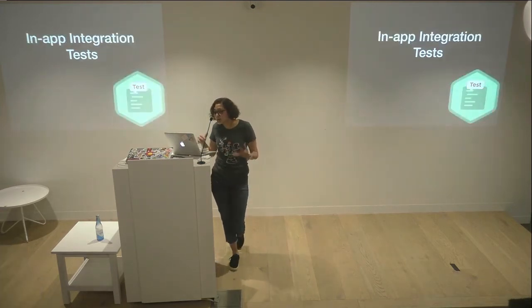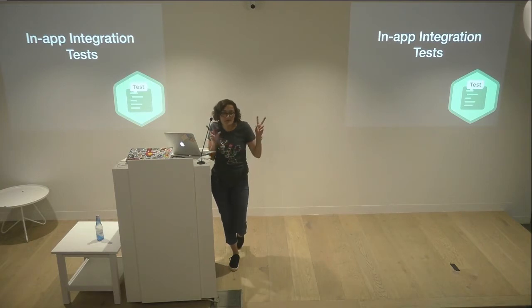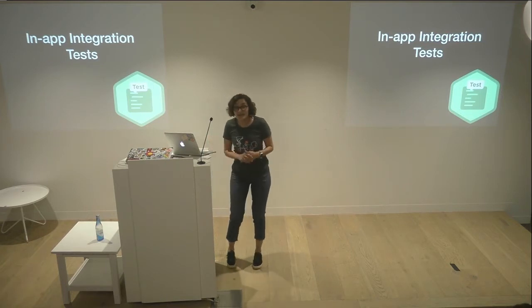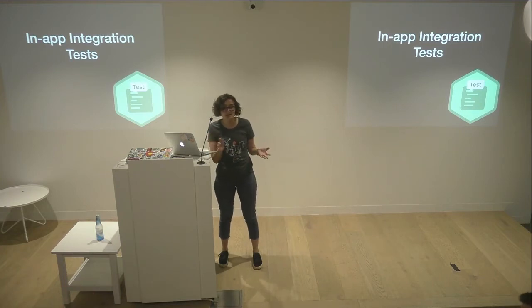The second type of testing is unit testing that I'm going to be talking about, but what I would like to distinguish in this particular scenario is the fact that it's in-app integration testing using unit tests. What I mean by that is that you test everything from sending the request to your microservice. Well, I don't believe in microservices. Everybody calls it microservices, but they're actually not micro. But anyway, you send a request to your service,